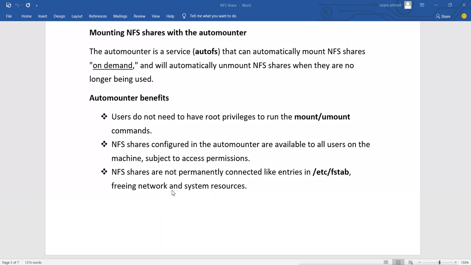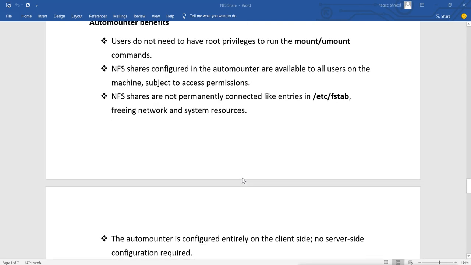That means whenever you boot the system, it checks the FSTab file, and it needs to connect to the NFS server to mount that share. So it will not do this because it is not added into the FSTab file. It will be mounted automatically whenever we need it.